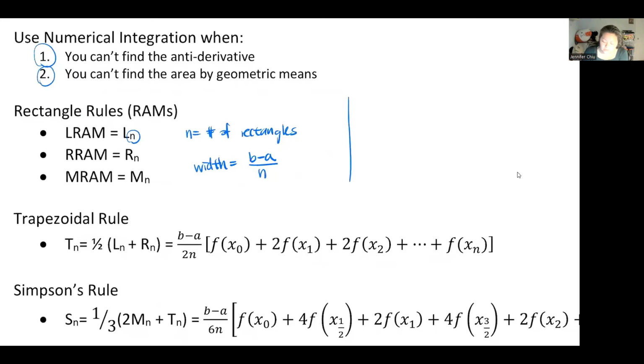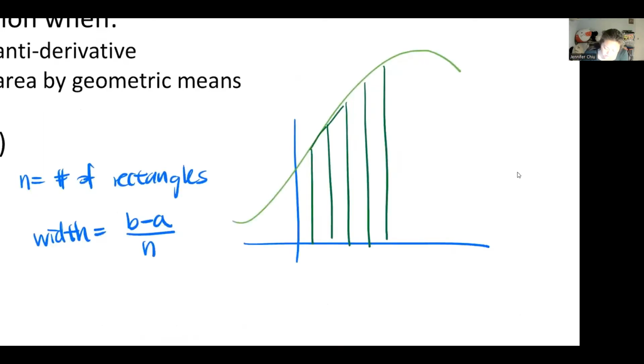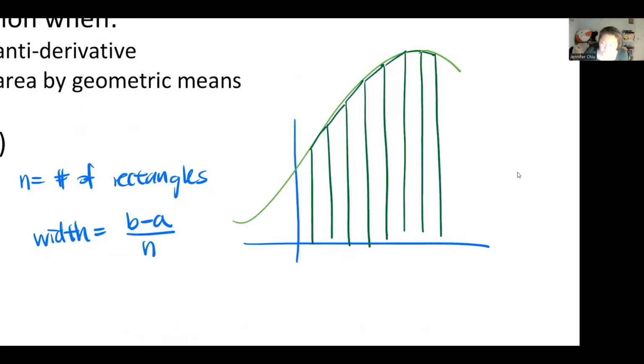The trapezoid rule looks something like this, where we have a typical function like so, and instead of drawing rectangles under, we are going to draw a trapezoid. We draw our line like this, right? And then we use trapezoids. We use our lines like so to really try to get under the curve as much as possible, right? And you're still sometimes over, still sometimes under, but you are a lot closer than you were before,